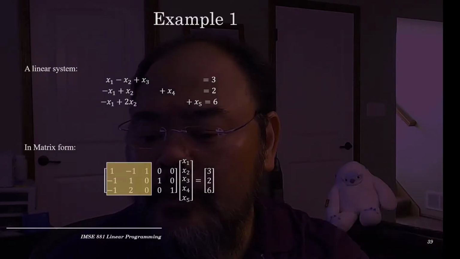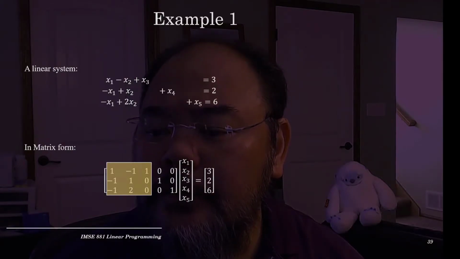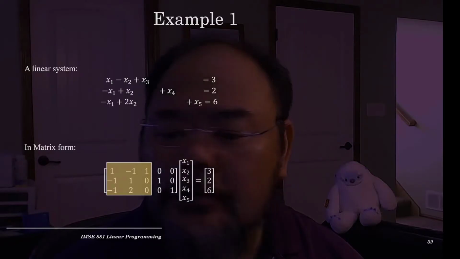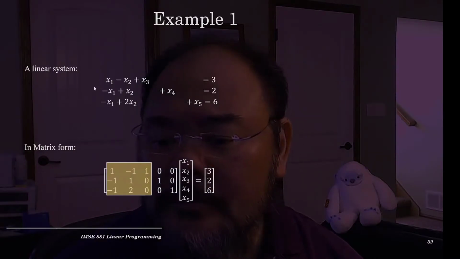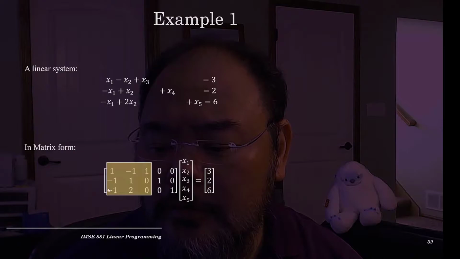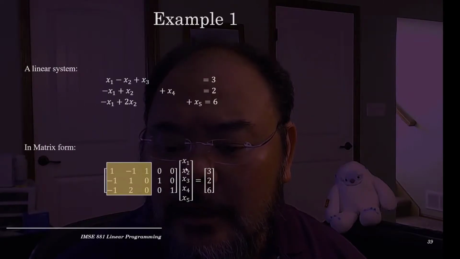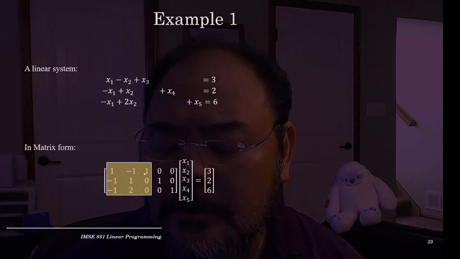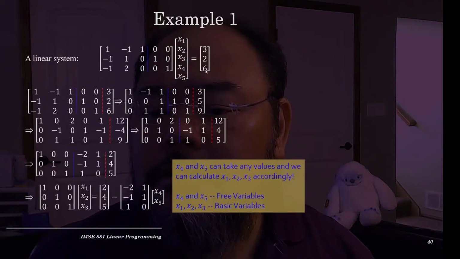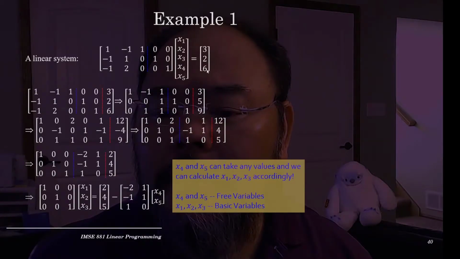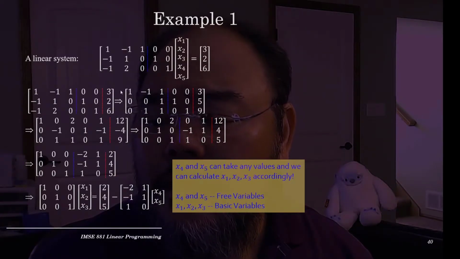Assuming we want to use x1, x2, and x3, the first three, as the basic, just like we said before. So these three columns are the basic matrix. x1, x2, and x3 correspond to the basic variables, x4 and x5 correspond to the non-basics. So we can actually do a partition. We can form that, adding the right-hand side as an extended matrix, and perform a reduced echelon form,